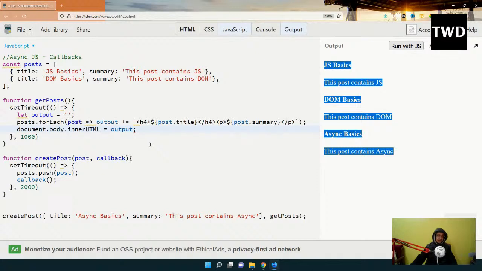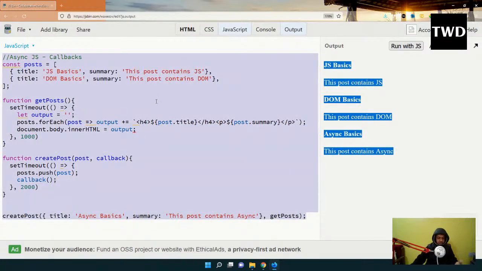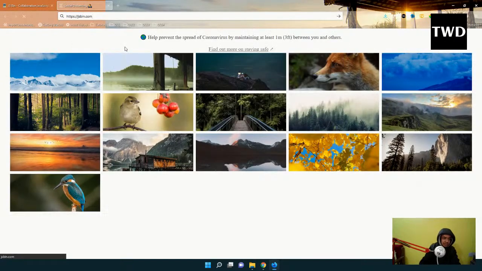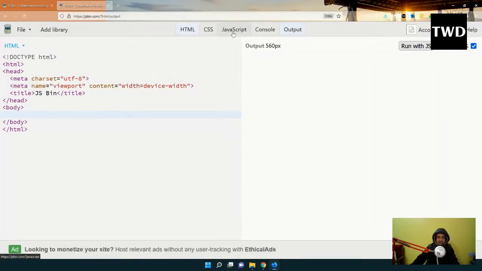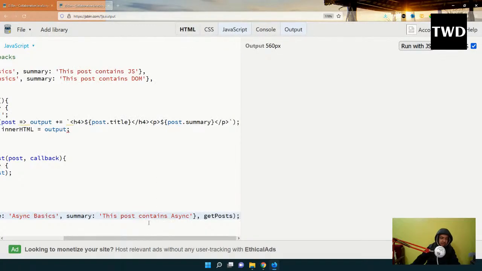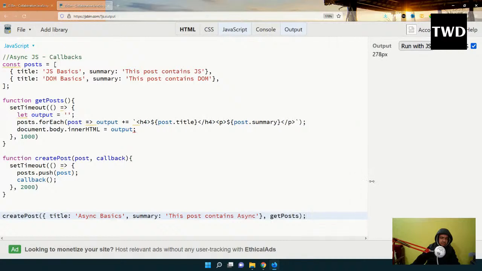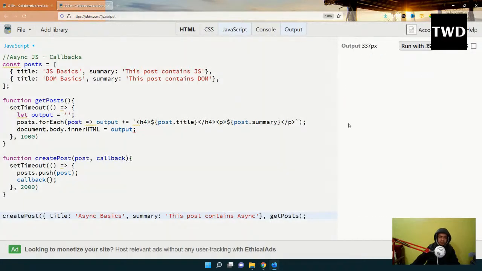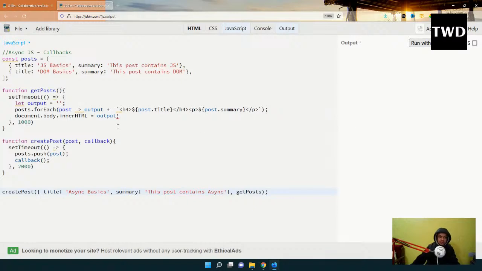And with promises, we have something known as a then and a catch block. So we are going to do that. For that, again, I am going to copy all this, because the code will be the same. And come here to JS Bin, and I'm going to do JavaScript and output again. Now I will have, not this, maybe this is a bit bigger actually. Okay, so